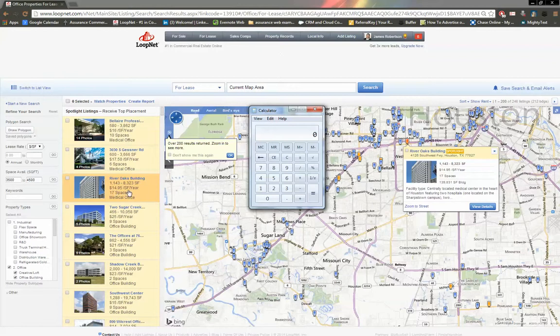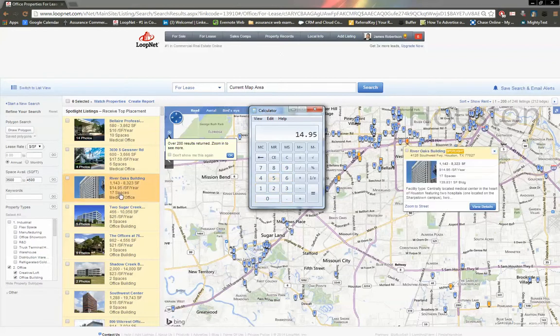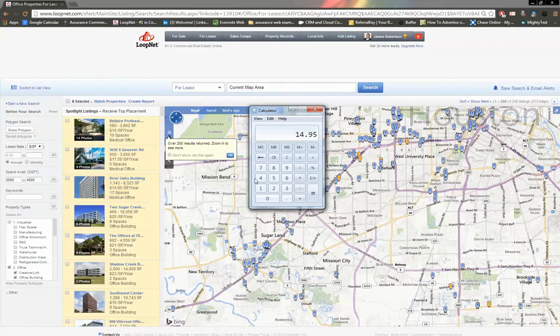So the first thing I do is I look at $14.95. That's the rental rate, dollars per square foot per year. I multiply that times the square footage, okay? Which is, let's say it's 4,000 square feet. Now this gives me how much he's going to spend a year, which is $59,800 a year. But he's asking me how much I spend a month. So I'm just going to divide that by 12. And that's how much he spends a month,